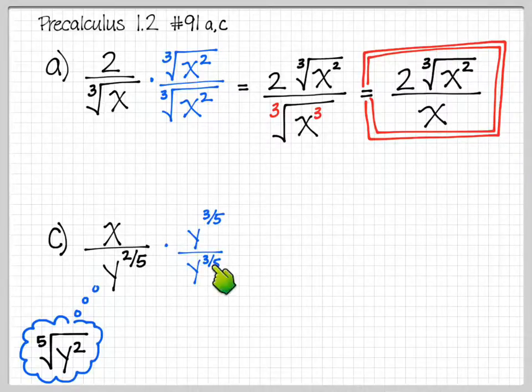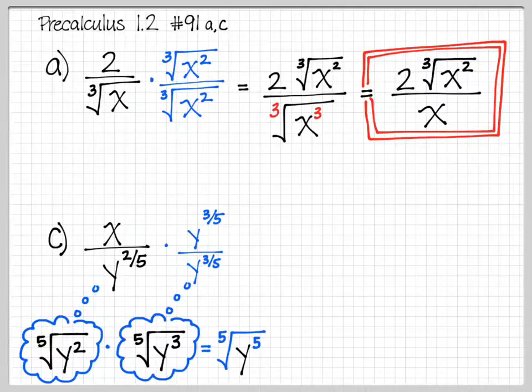And you might look at this and say, I don't see how that's y cubed here, but it is y cubed under a 5th root. If we change it from exponential to radical form, now we're going to be multiplying the 5th root of y squared times the 5th root of y cubed,